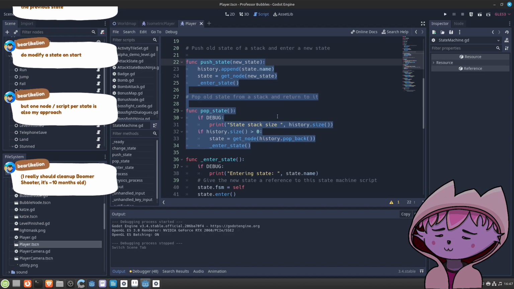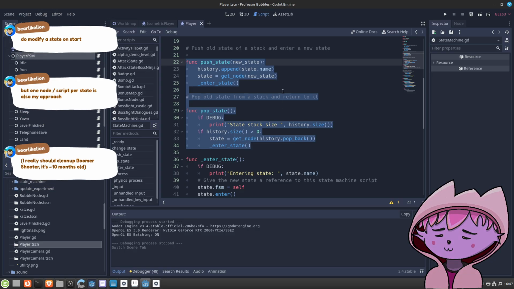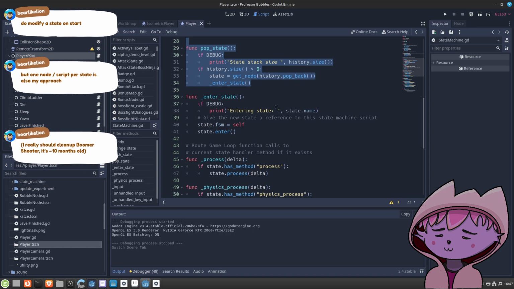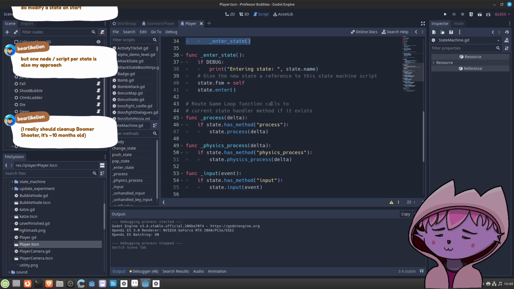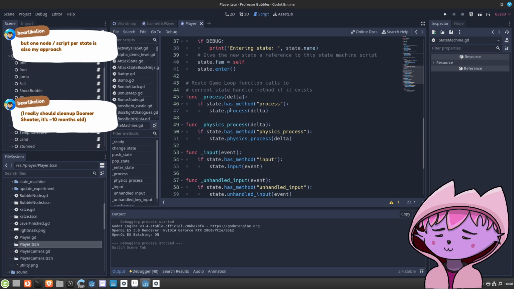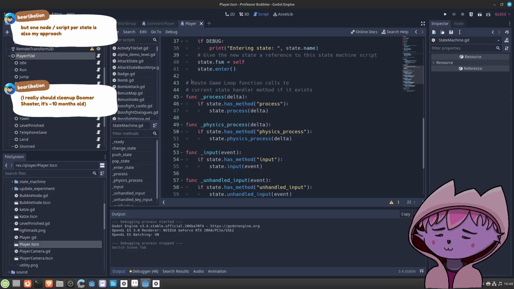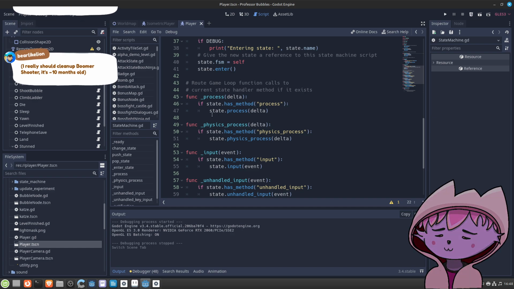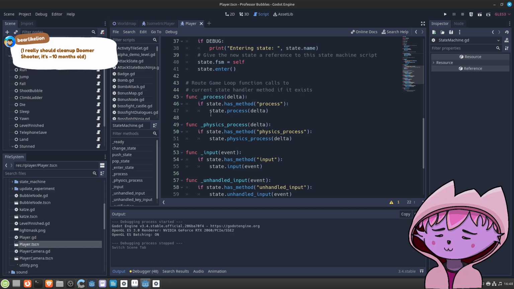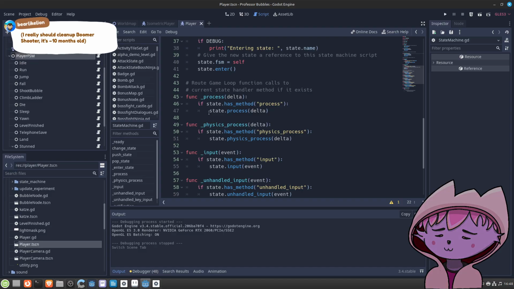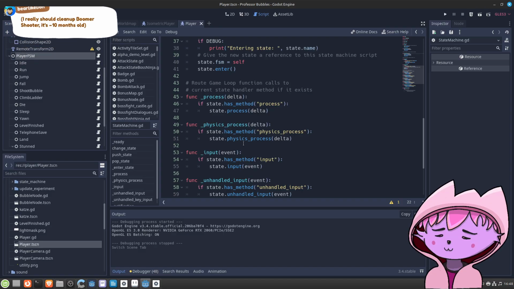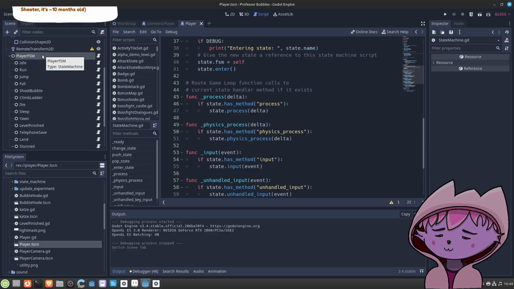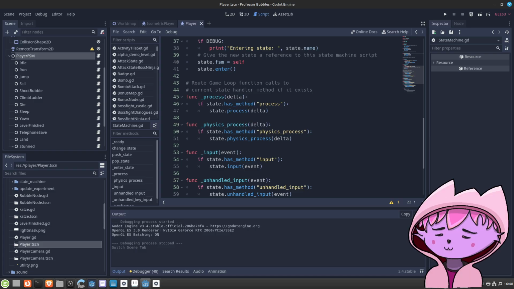So I think these two I would not take with me. And then here we do have process, and this is something I didn't quite understand from this implementation: why do we need to explicitly call process and physics process from this? Because if these are, wait, they are not the same process as, okay, I see.